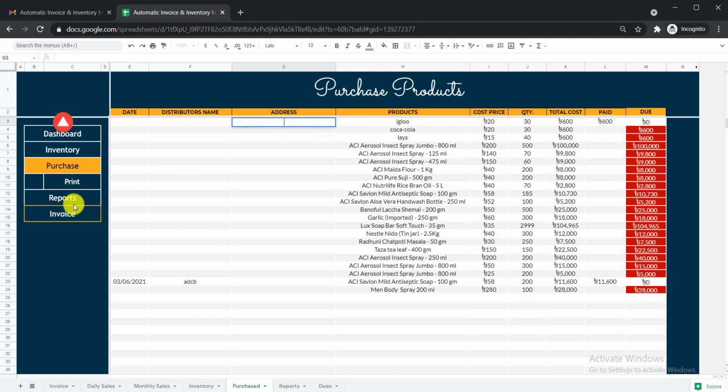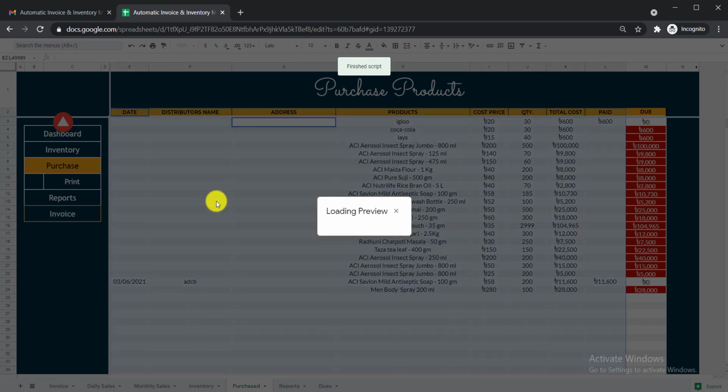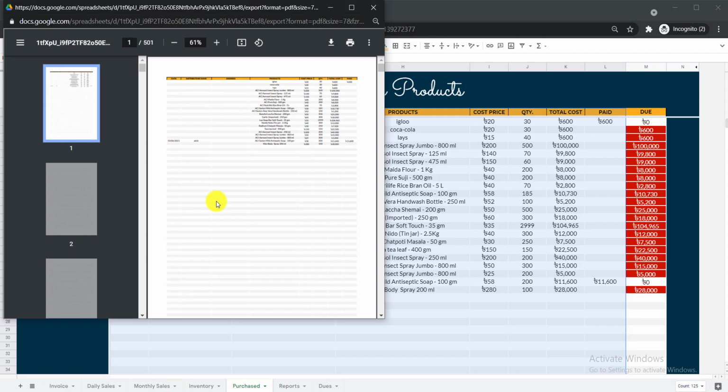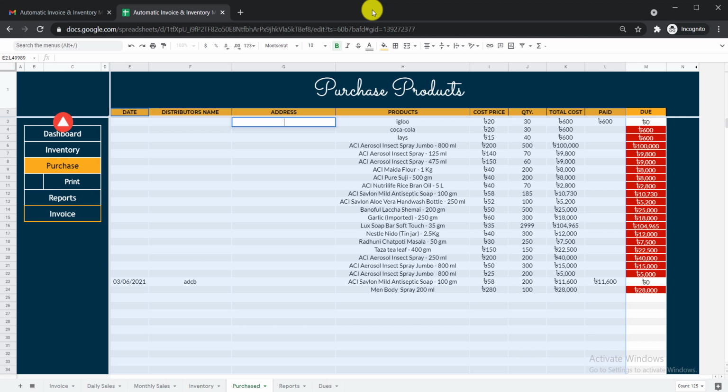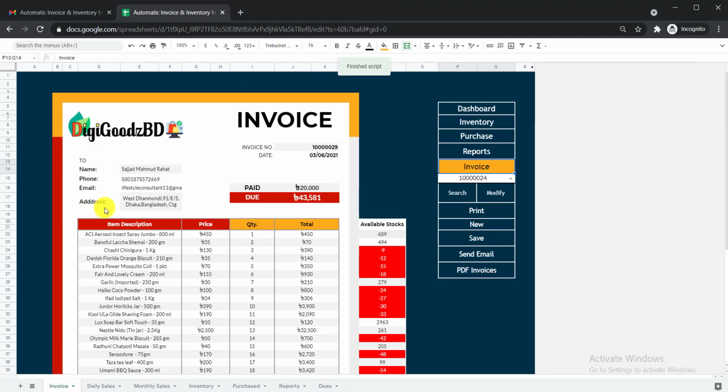Okay, well, then here is print button. If we click here, then we will be able to print it too. Okay, here you can see you can print it in this way. And again, if we click here this invoice tab again, then we can go back here,